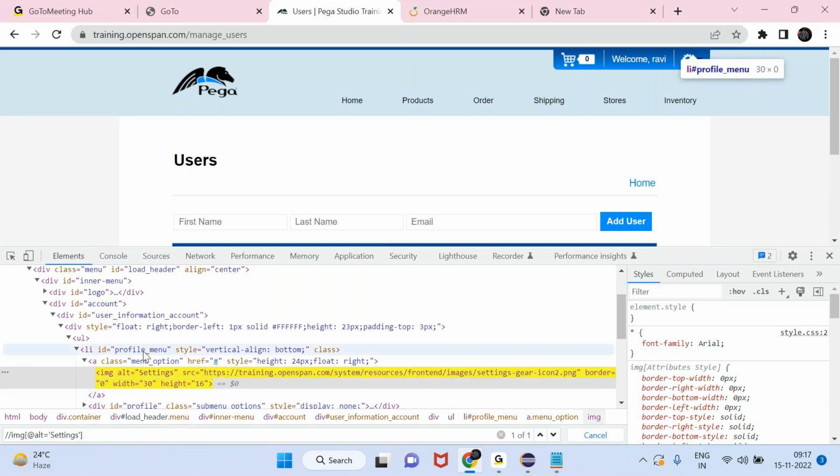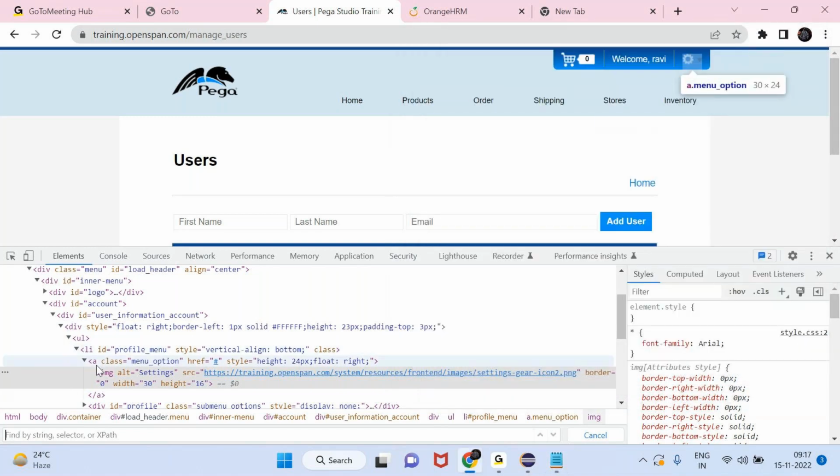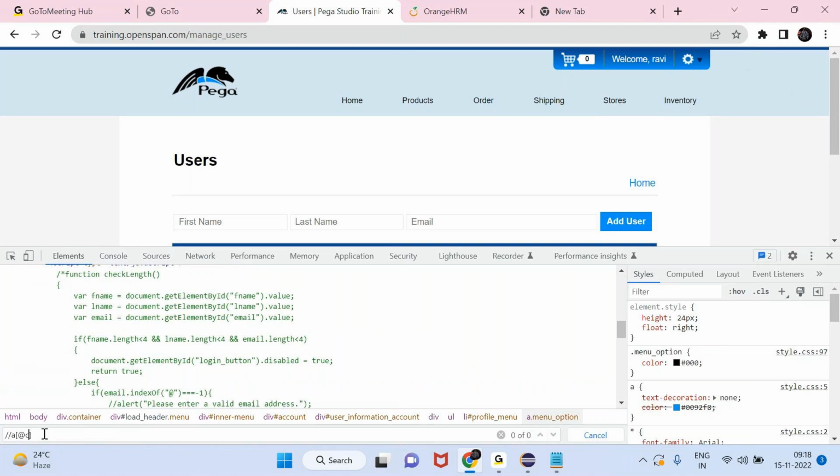Otherwise, if you want to traverse, you can traverse from here as well. Okay, this is one way. You need to know how to write using different ways as well. Let me try from the parent element. A is the parent element. If you want to traverse from Li, you can traverse from Li as well. Li is the grandparent for the img tag. Immediate parent is A. Try to write from A, double slash A at the rate of class equal to